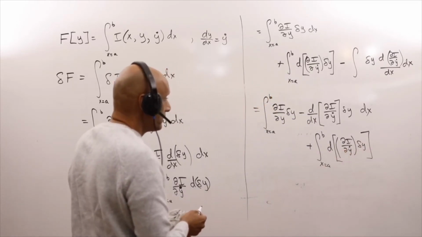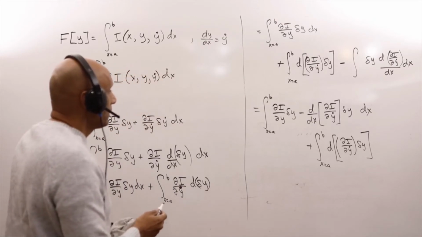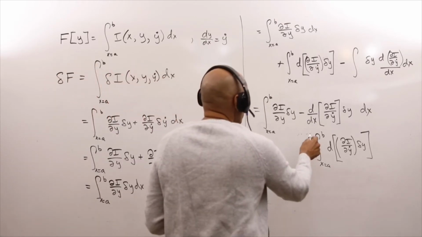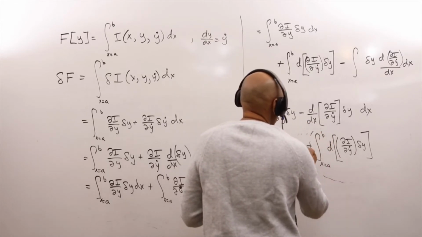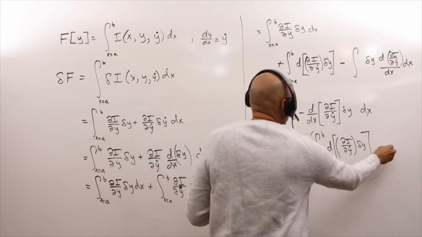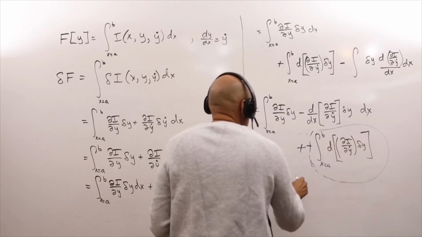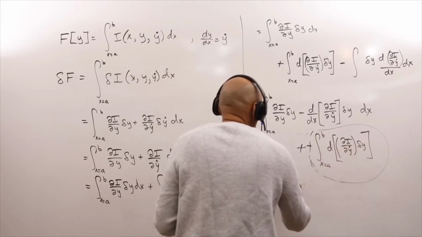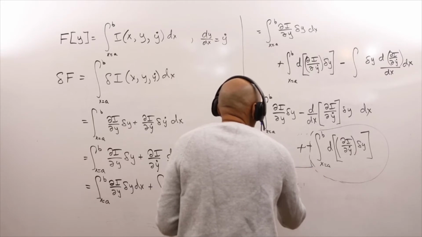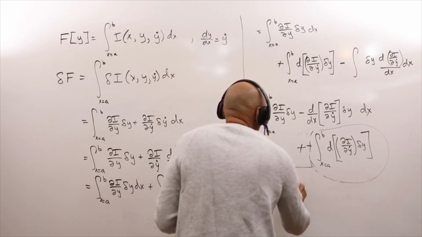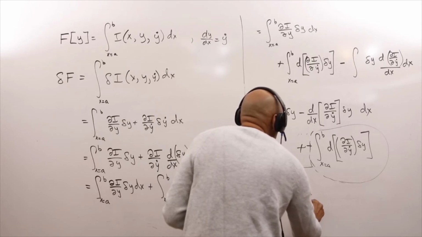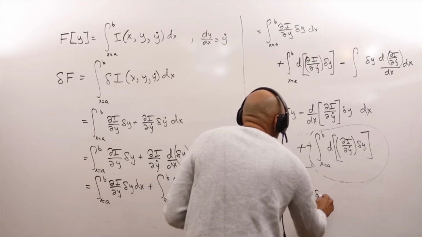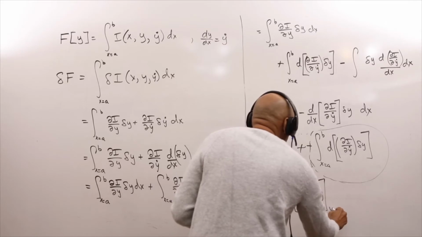So it's a very easy symbol to evaluate. Now, I want you to first note this term right over here. That's the integral of 1 with respect to that symbol. So this is really the partial of I with respect to y dot at the variation of y